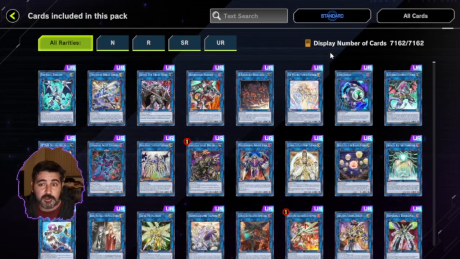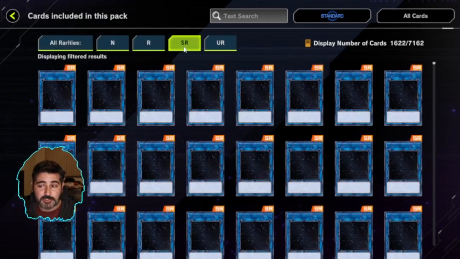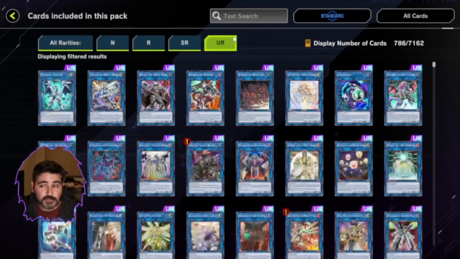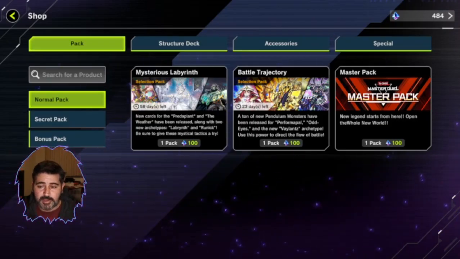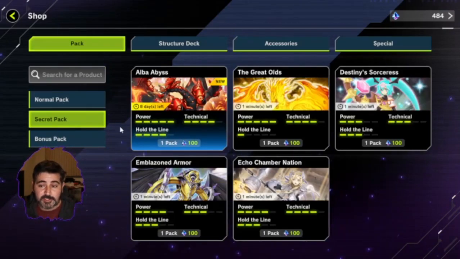You can get any 8 cards from the Master Pack, and I'm sure there are more normals, rares, super rares than there are ultra rares, which might be the cards that you need the most of. What you should always do is try and gain access to the secret packs. Now, a secret pack is...